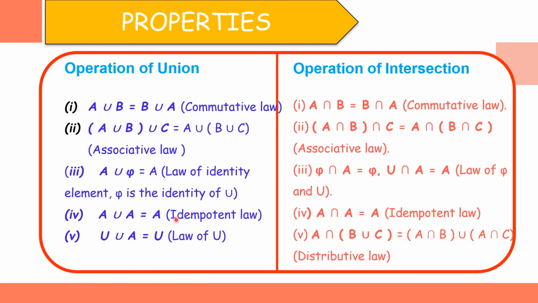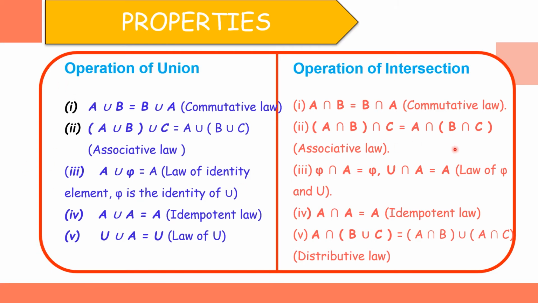This remains the same. Similarly, the universal set union any subset of it. Okay, A is a subset. If I take any universal set, whatever set I am taking in that context will be treated as a subset. Now with the universal set, if I unite any other subset of it, I will again end up with all elements. Universal set only will come. We will call this property the law of universe. Okay, so this is another law you need to remember. So these are the properties we need to remember when it comes to union.